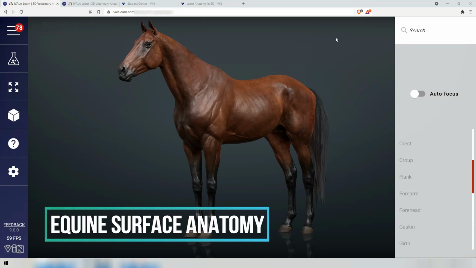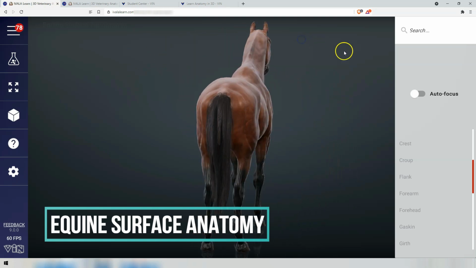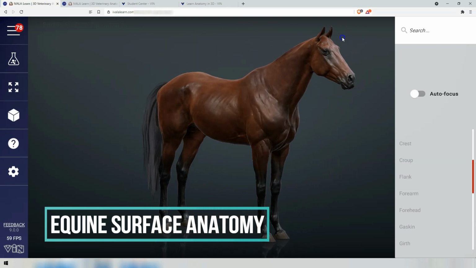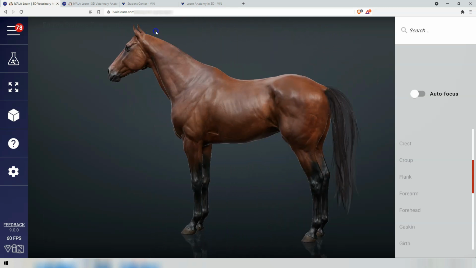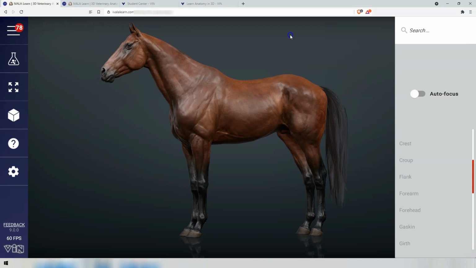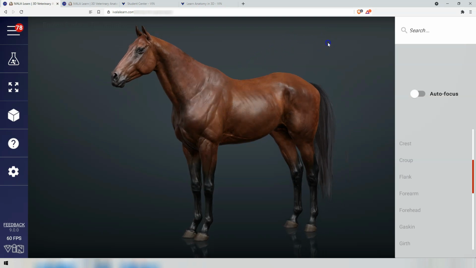So 2 weeks back, we put out some new 3D anatomy in the form of the surface anatomy of the bovine. And we are doing a similar thing here today with the surface anatomy of the equine. And whilst this is a relatively simple model, the content it covers is important because when you're communicating with equine